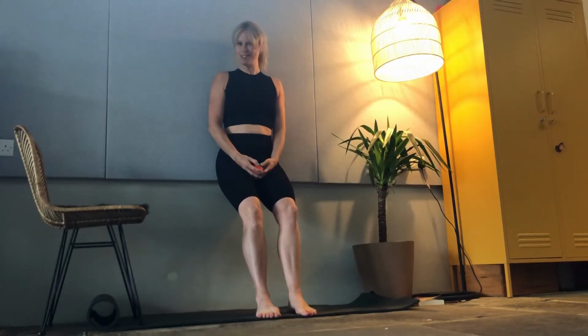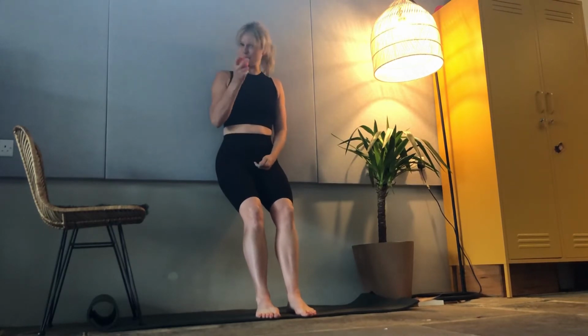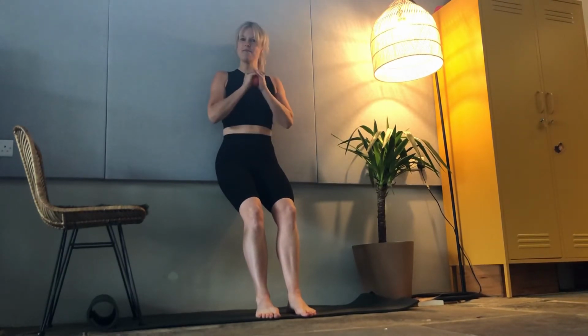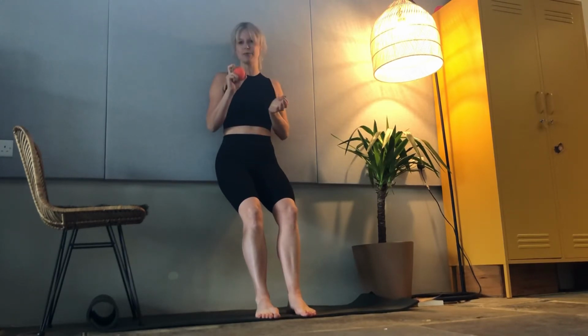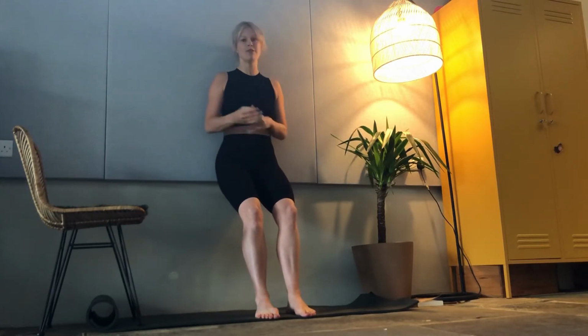This is task 2 of Stronger, standing taller, living stronger. For this, you're going to need a wall, a mat, a chair, and a massage ball. Sometimes these are firm, like lacrosse balls, or they can be spiky massage balls too. Either will work. So in order to start this task, we need to work out whether you fit into the